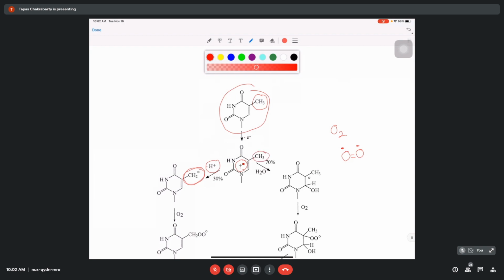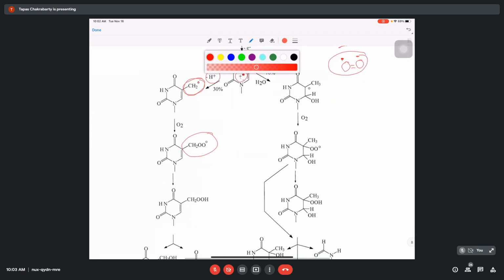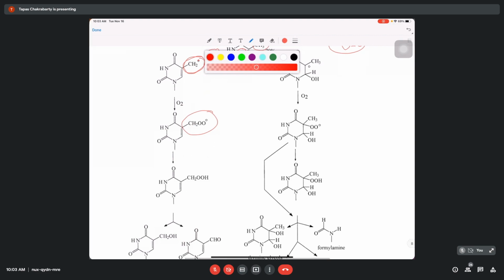You originally had this methyl group, and this diradical can now combine with one radical of this oxygen molecule and produce what is called this peroxy radical. Once this peroxy radical is produced, the chemical reactions can be stopped at this stage, that is, it can absorb another hydrogen radical, which is quite abundant in any kind of biological environment, and produce this kind of structure. Remember that this is not a carboxylic acid, but actually a peroxy chemical bond, that is CH2 oxygen bond and then hydrogen. So it is basically a peroxide molecule, a hydrogen peroxide type of molecule.